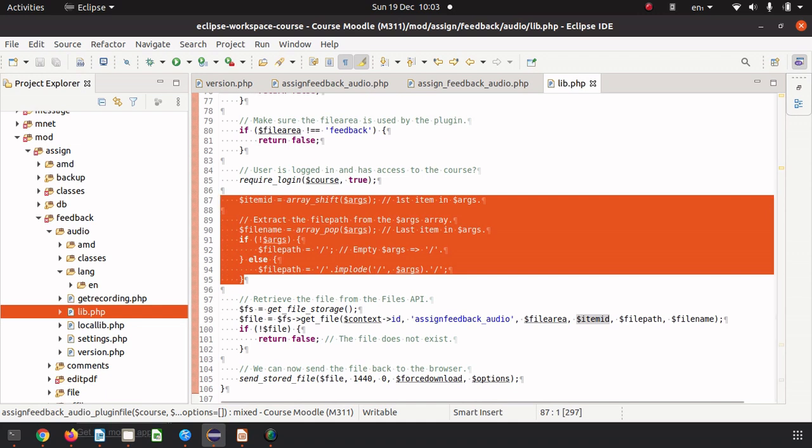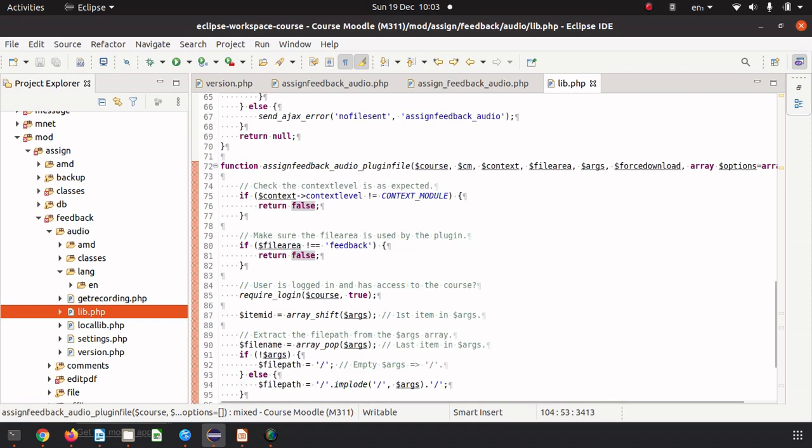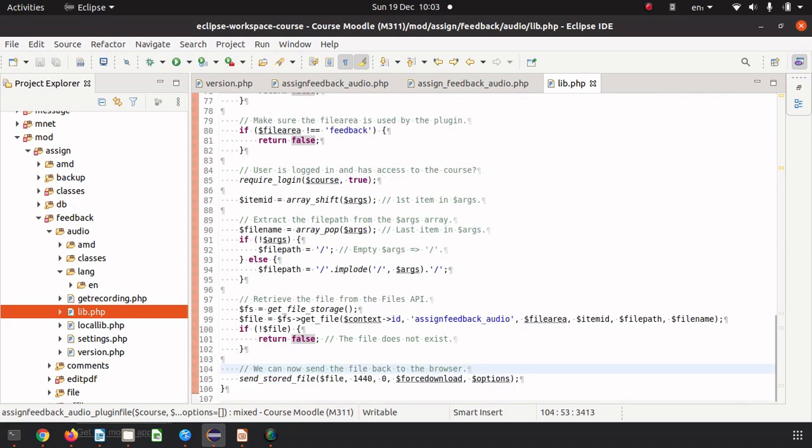It's kind of the same as we did the last time. So we get the file storage, we get the file out of the file storage, and then if we don't get a file, we return false. Otherwise we send back the file with a much less time to live period this time. So that's what delivers the actual audio file to the browser. Okay,